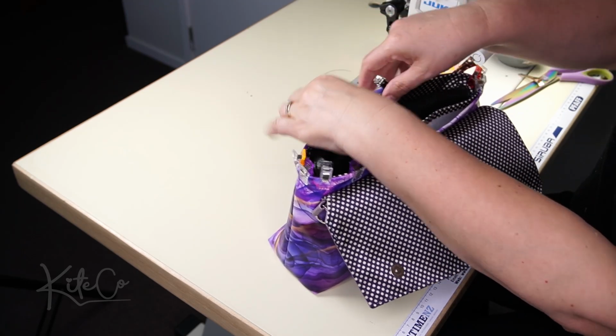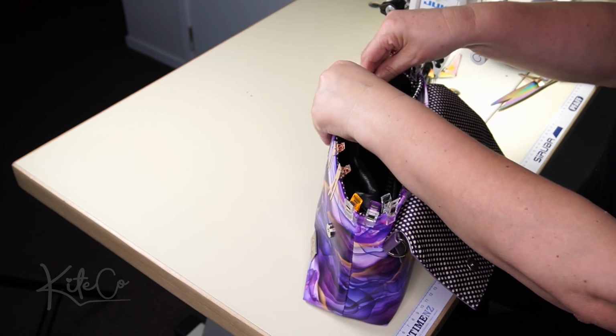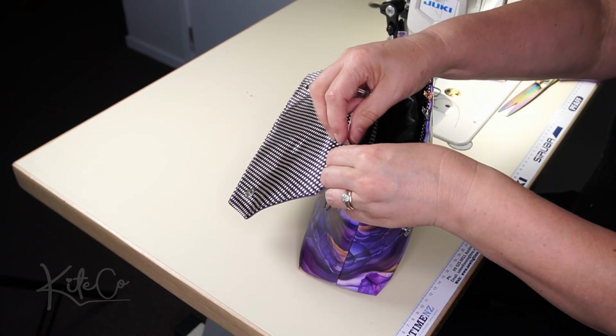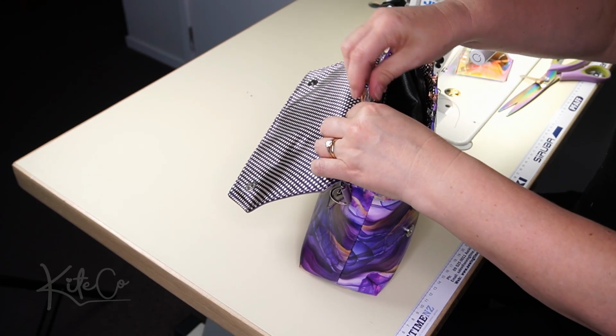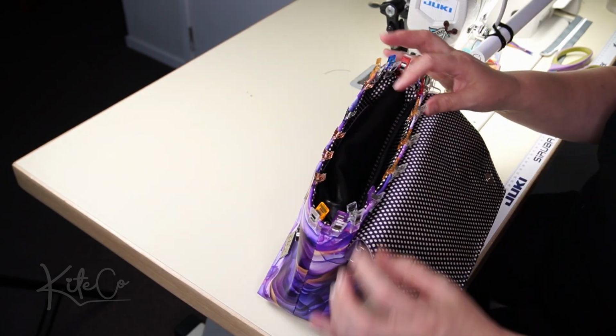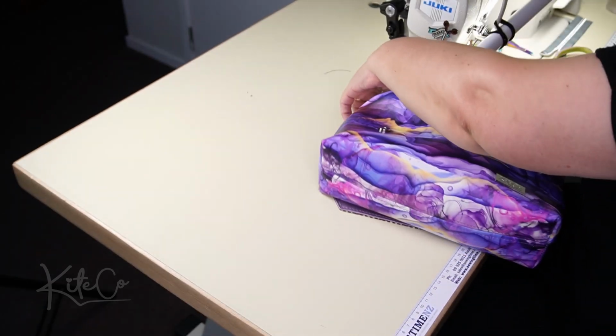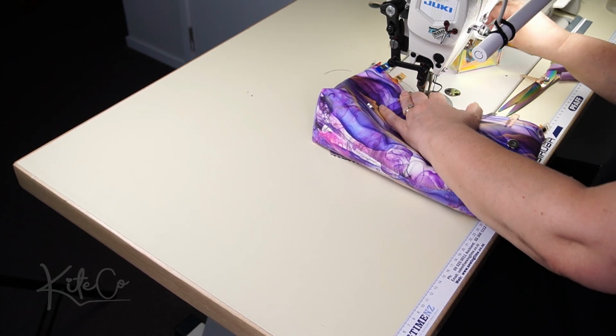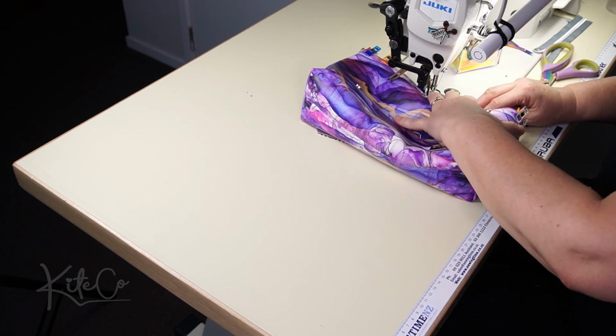Don't be tempted to have it too far in the bag, but do keep it so that it's not going to be above the front. Now you could put double-sided tape around here if you wanted to. Now we're going to top stitch around there. So I'm going to start in the back, and I am going to top stitch from this side. I'm just going to take it slow and keep it